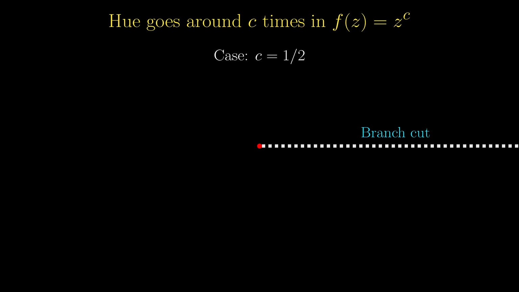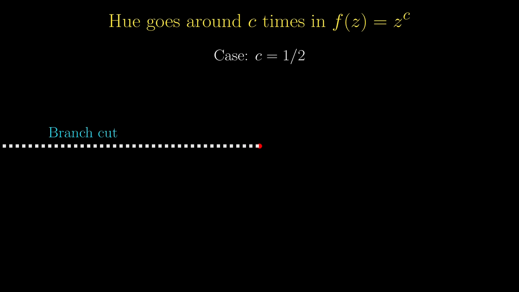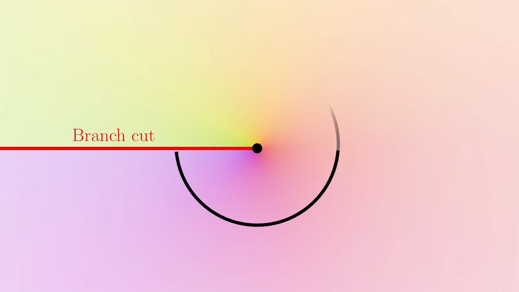However, the usual convention in this case is that the branch cut is the negative real axis, and this is the domain coloring plot. One thing to note is that while the branch cut is somewhat arbitrary, it has to start from the origin, because we are always circling around the origin, and because the circle can get as small as we want, the problematic points extend all the way to the origin as well.